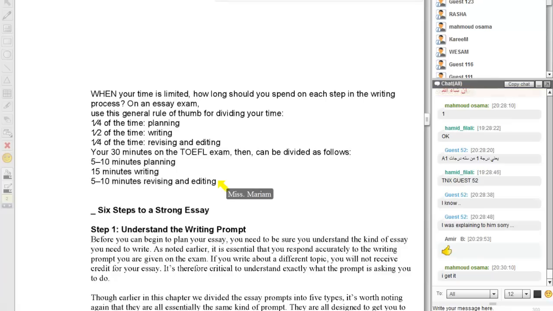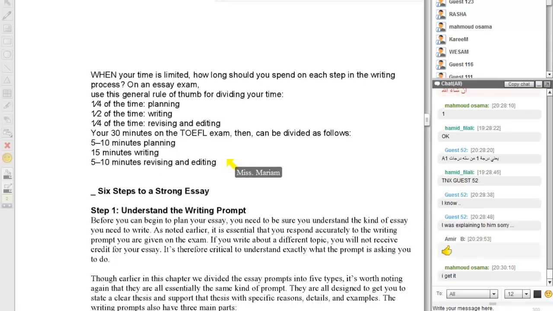This is how you should manage your time during the essay. You have to spend a quarter of your time planning. Don't think, oh, I don't need to plan, I should just focus on writing. It's not a waste of time. You are managing your time. Instead of using 30 minutes in writing, then jumping back, saying no, I shouldn't say so and so, I should mention this first, no, I should replace it, and so on.